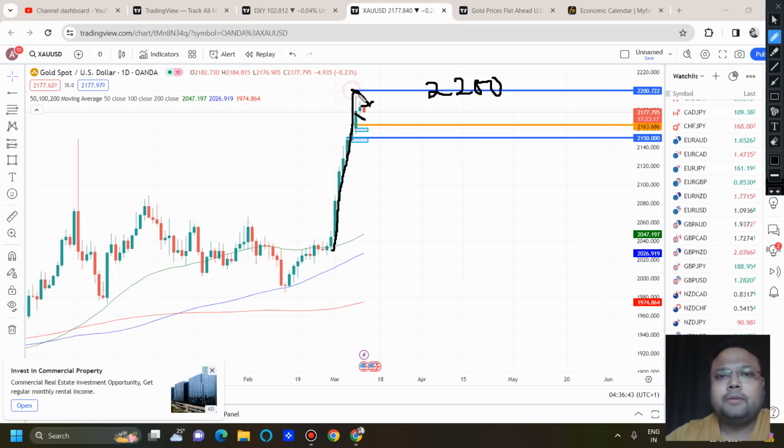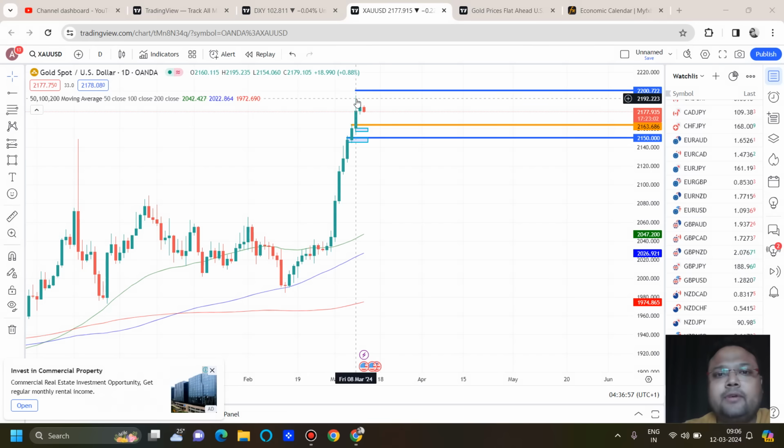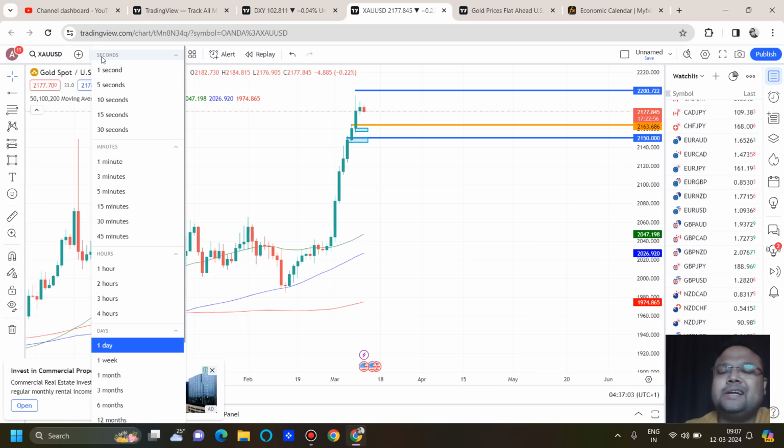Because if you go for a buy at breakout, then there may be some sort of struggle around 2200 and the market may reverse. If that happens, you will be trapped. So if the market breaks 2200 with volume, then we can go for it, but we can clearly see that we have a bull flag on the screen.